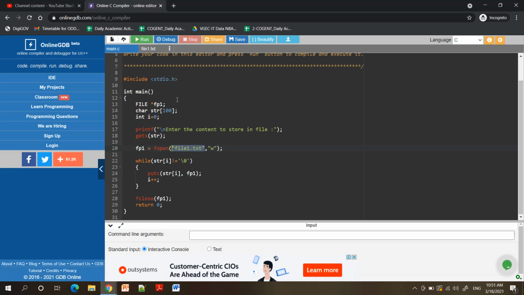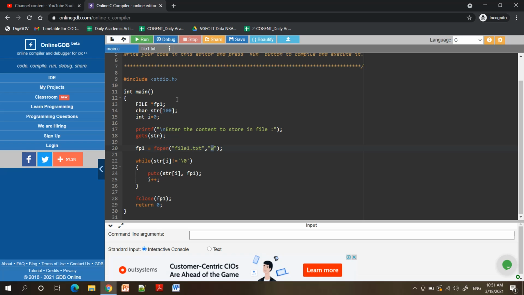But in append mode, what will happen when you open a file in append mode by writing A in place of W? The previous data will be available to you and your file pointer will be pointing to the last location of the file, and you can write at the end. So this is the difference between write and append. In write mode, your file will be opened but will become empty, and in append mode, whatever the previous data is there, it will persist, it will be preserved, and the file is available for appending content into it.